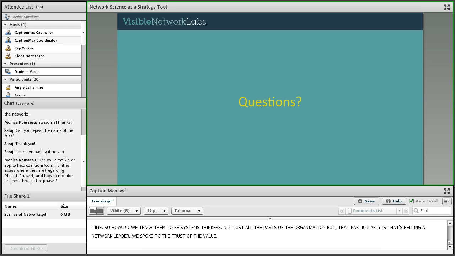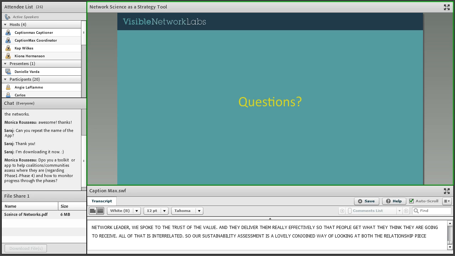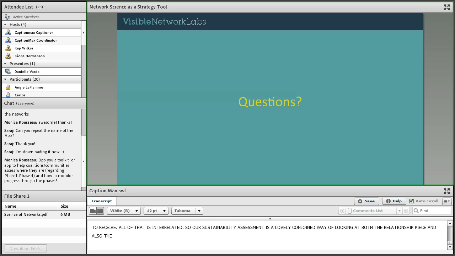And so I think there's such a lovely marriage between an overlay of this presentation you've had today, and particularly that partner tool, with the work that we do from a technical assistance perspective, which is helping a network leader look and see their network and how not just the relationships, and I know that those are super important, but really you spoke to the trust and the creating value.